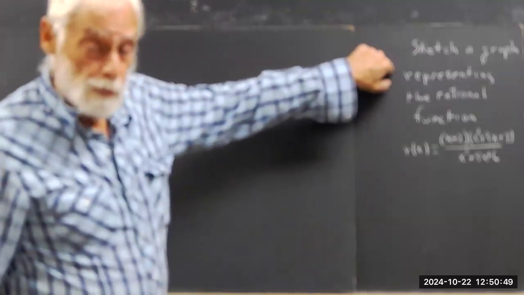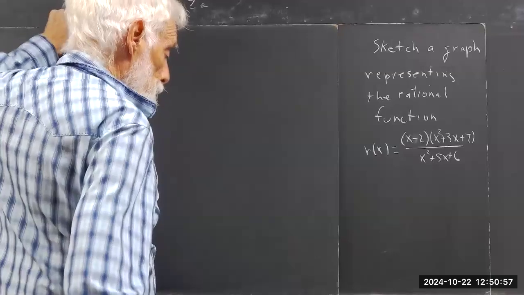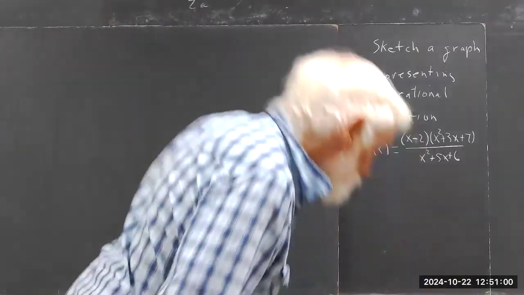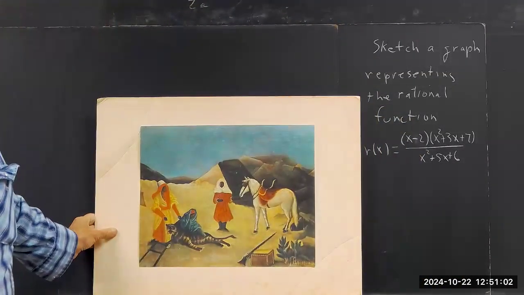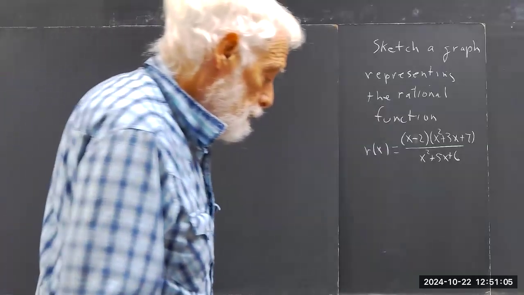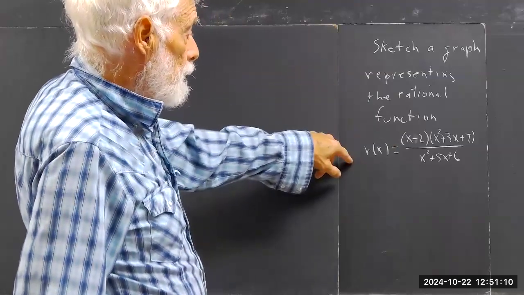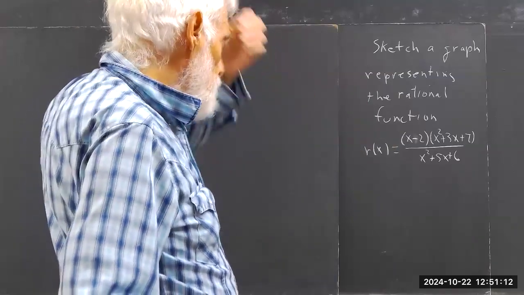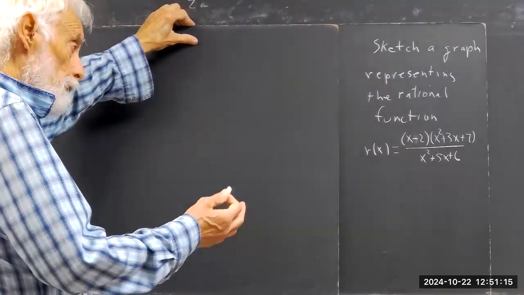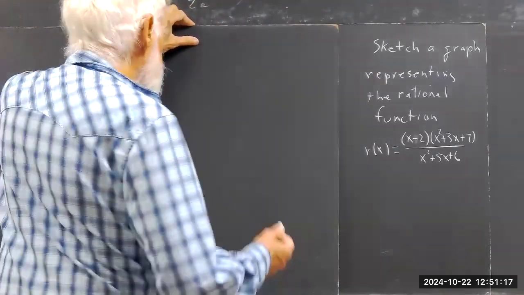Okay, hopefully the camera will come into focus, but what we're doing is sketching a graph that represents this rational function. And I'm not sure the camera is focused even now. Okay, here's the function. Now, it's a rational function. So what you do,